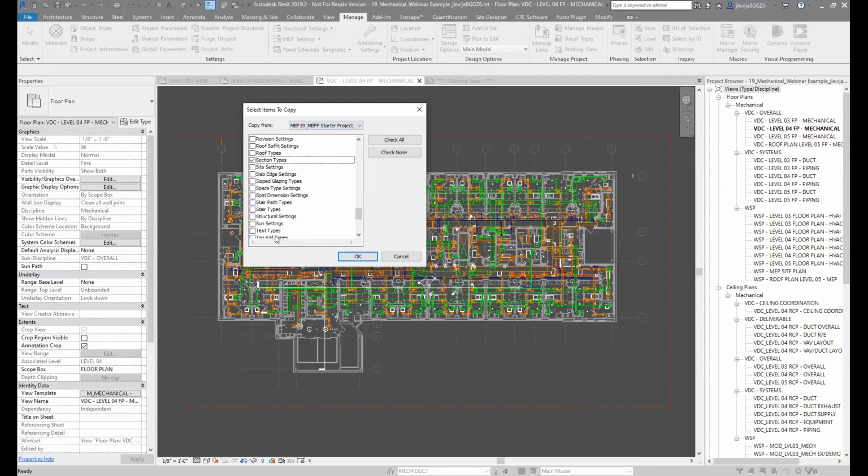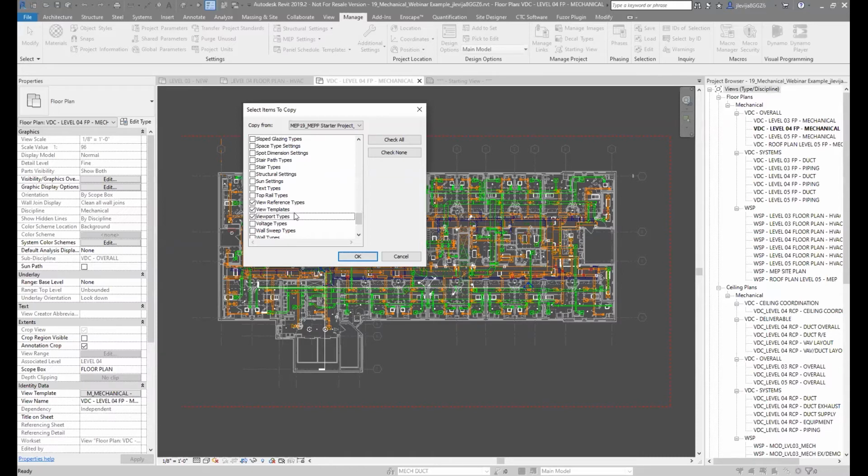What else do we have in here? And then something that's key are going to be view reference types and then overall view templates. I like to bring view templates across because the MEP productivity pack takes view templates to a whole new level of how they do things, and having predetermined, pre-set up view templates makes my job 1,000 times easier when I'm